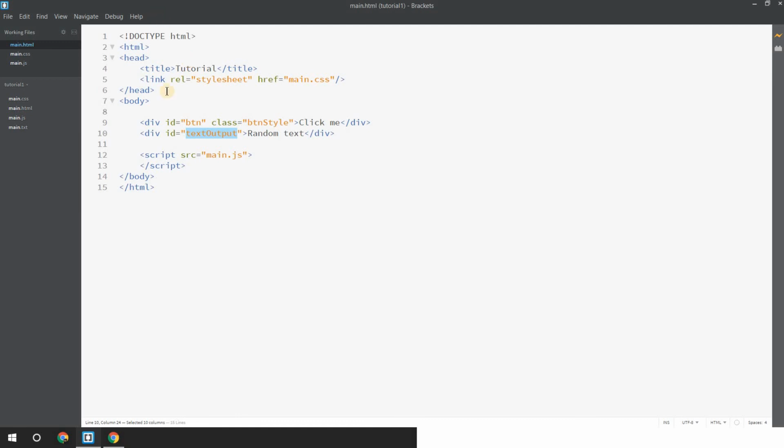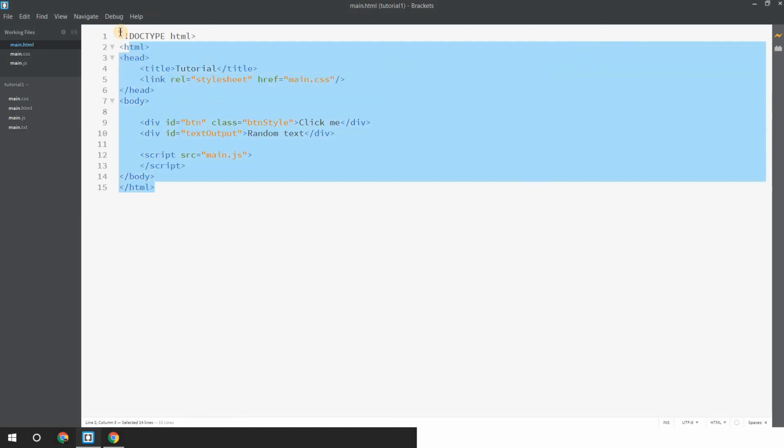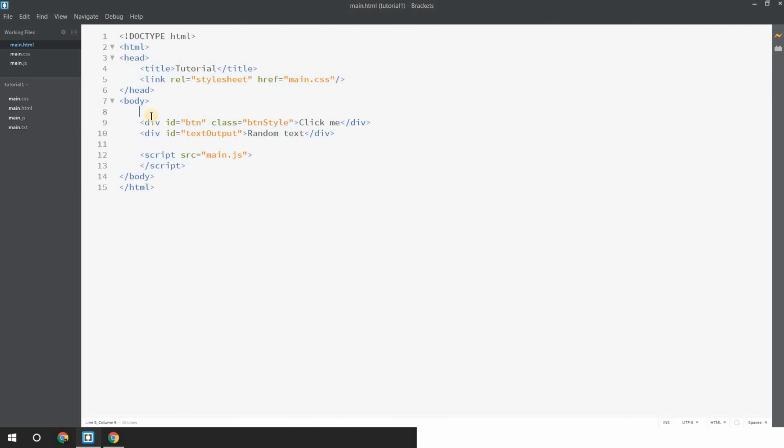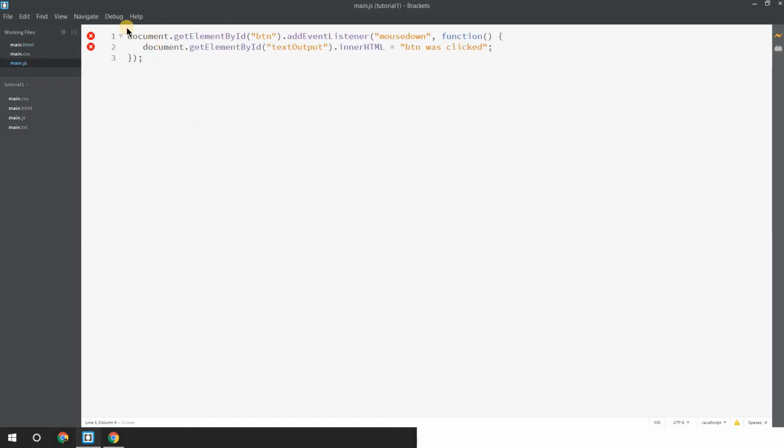Okay, so let's cover what we did here. First, we created an HTML page. Then we added to our HTML page a button in the form of a div. We styled it with this class, which is provided in the CSS. So we added another div with the ID given for it, and another ID was given for our button. Then in the JavaScript, which is attached here, at first we are getting our button and we are adding a